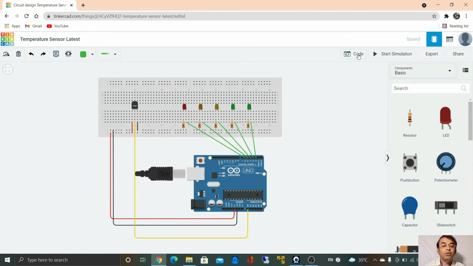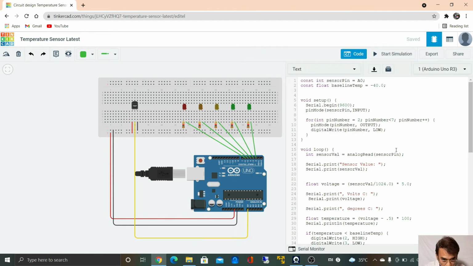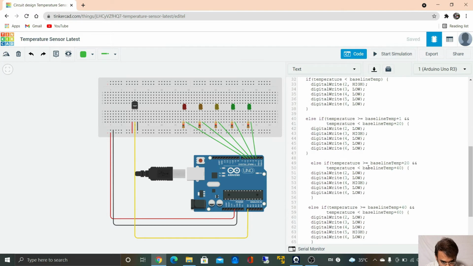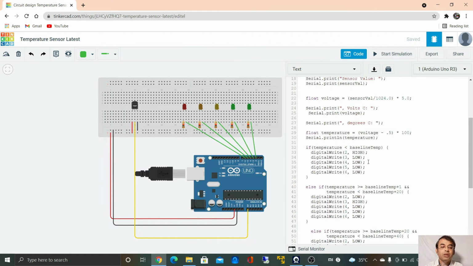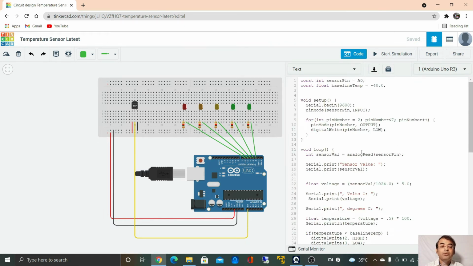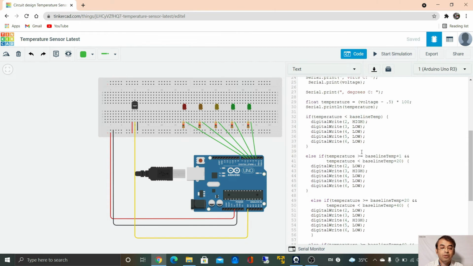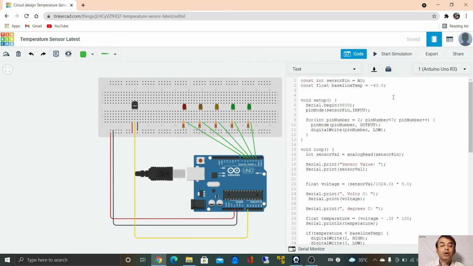So first I'll open the code, but I've already explained this one. As you can see, same thing, the code, same thing. Okay, so I have used A0 as sensor pin, that is analog pin, already I told you, and baseline temperature value -40,